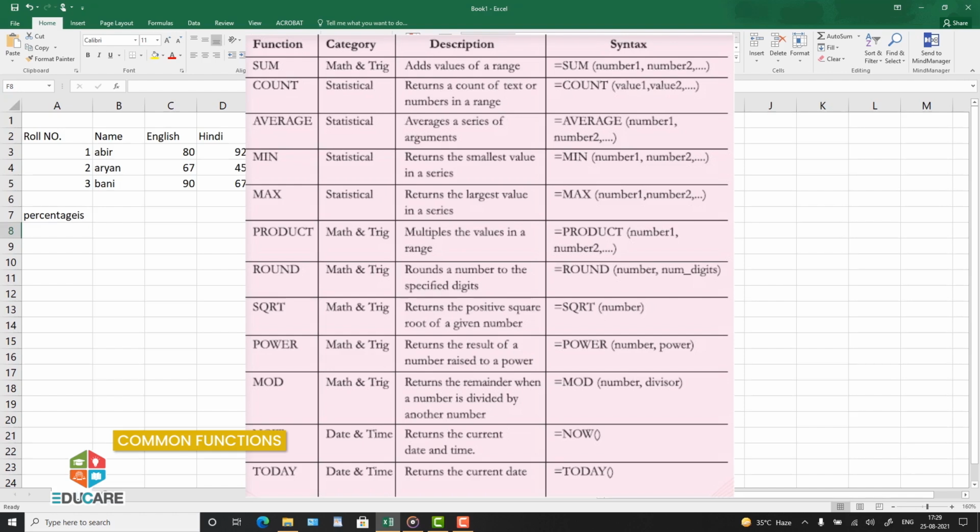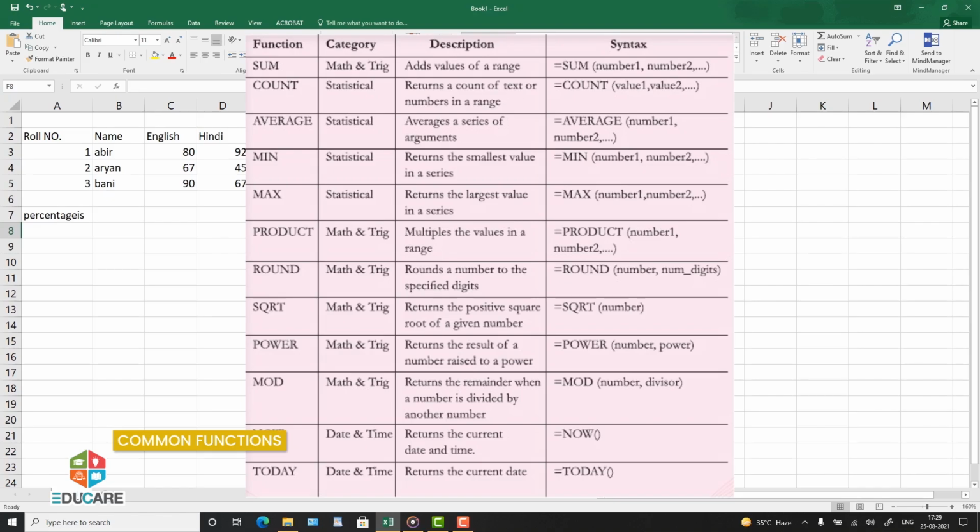Returns the positive square root of a given number. =SQRT(number). POWER, math and trigonometry. Returns the result of a number raised to a power. =POWER(number, power). MOD, math and trigonometry. Returns the remainder when a number is divided by another number. =MOD(number, divisor).